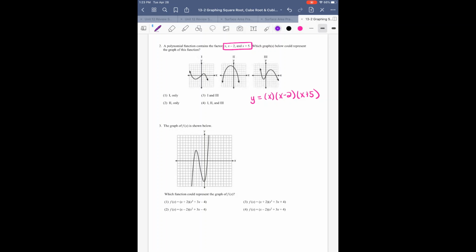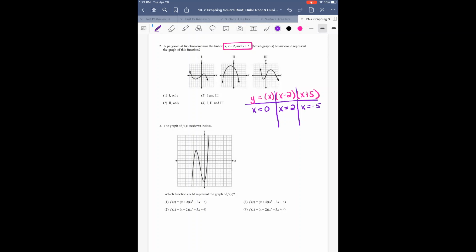I'm going to use a t-chart, so similar to our quadratic unit. If I want to find the roots, I'm going to set each factor equal to 0 and solve for x. We get x equals 0, x equals 2,